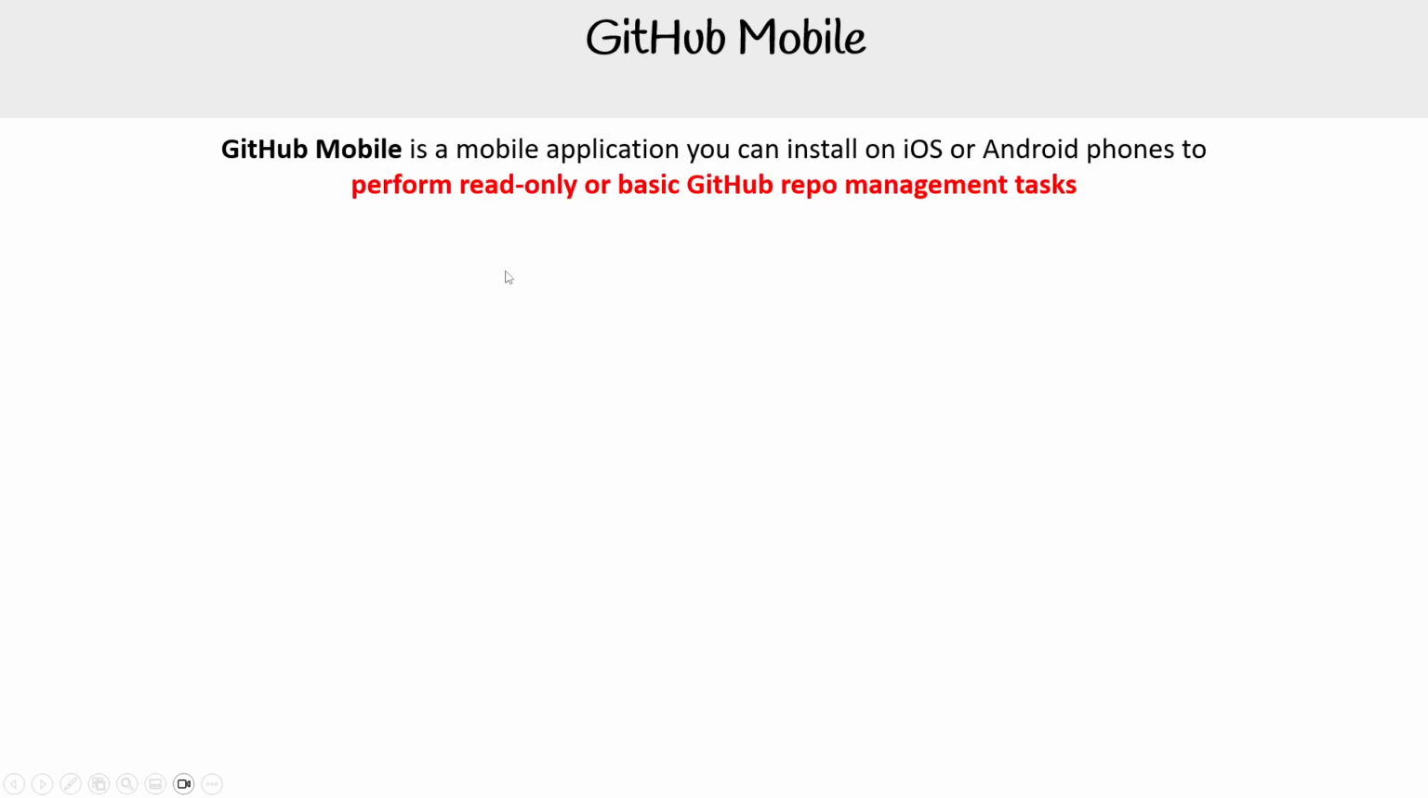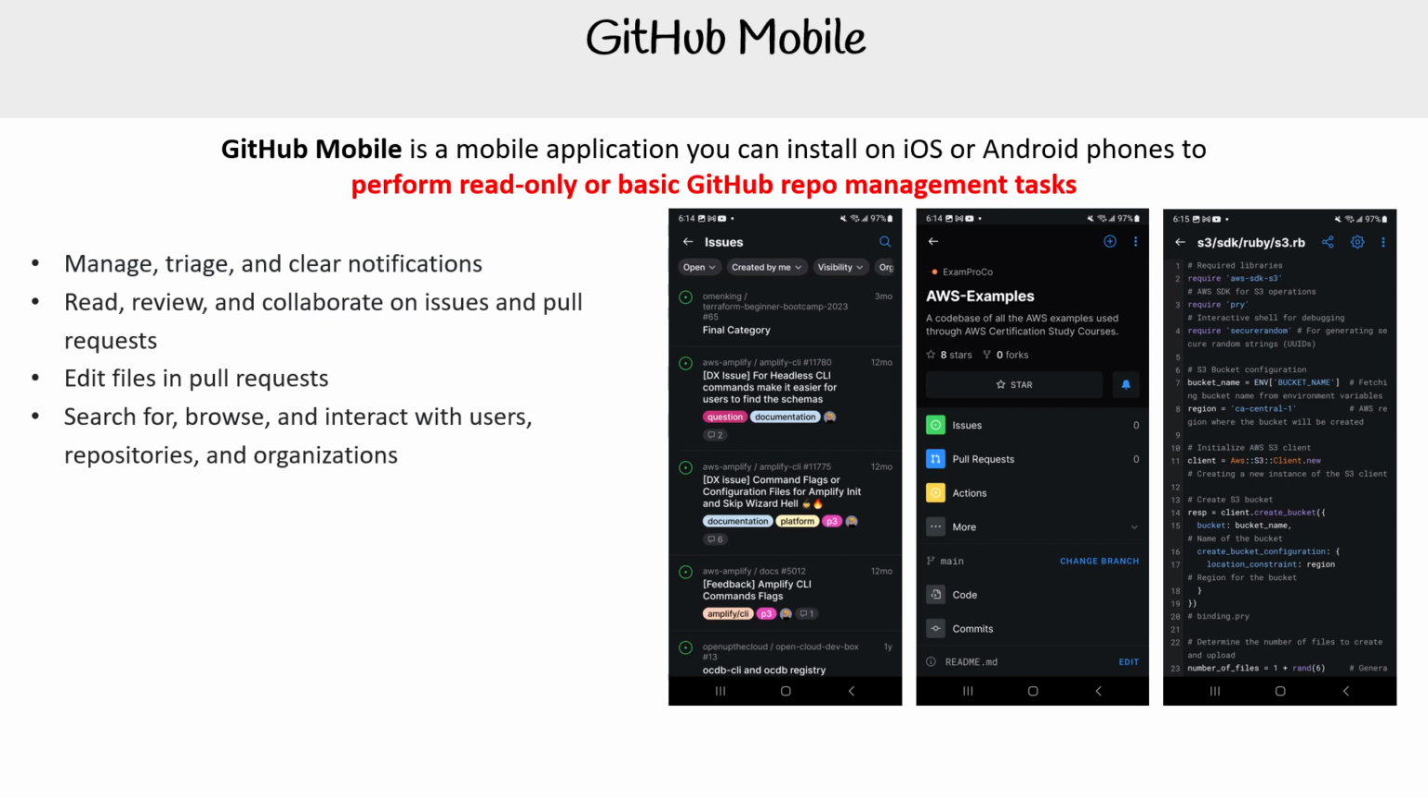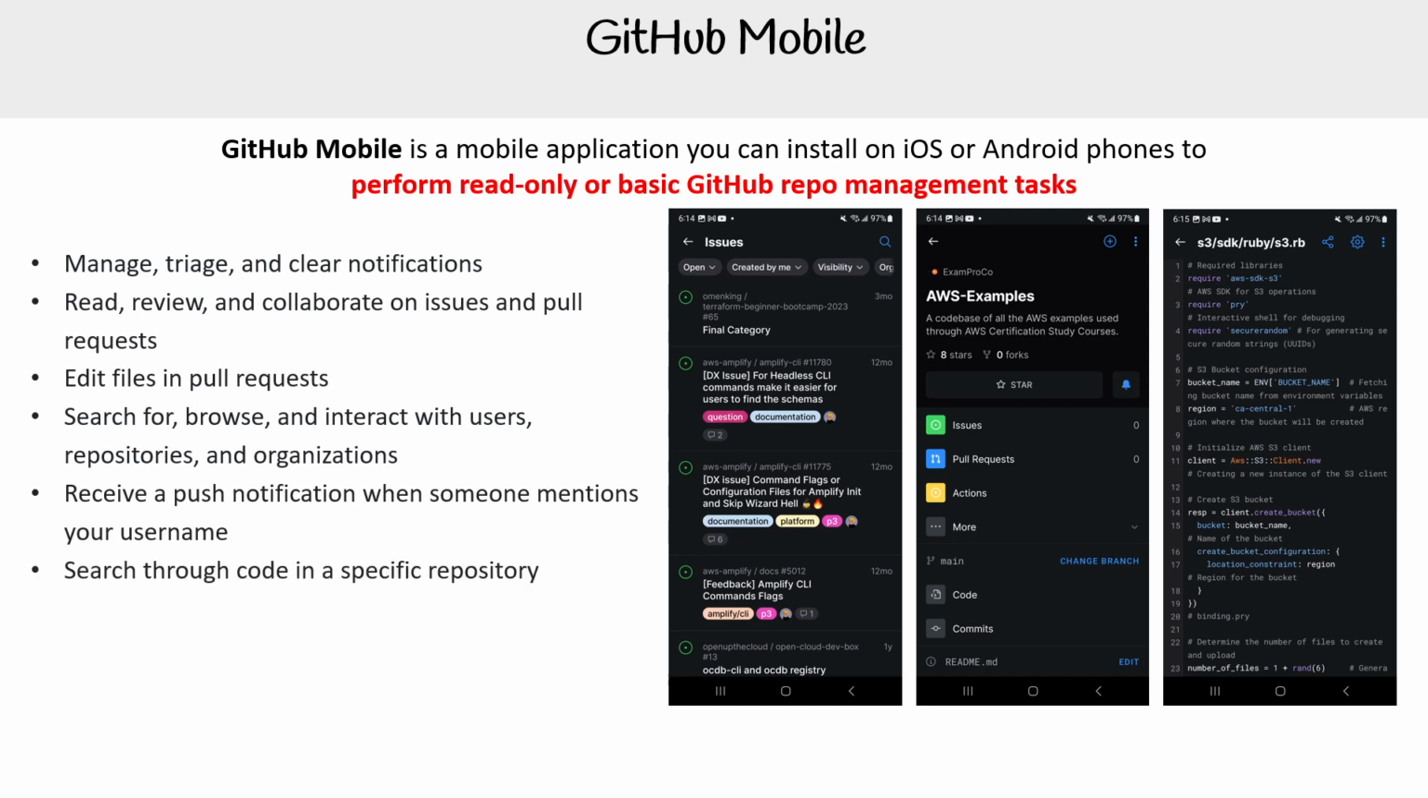GitHub Mobile is a mobile application you can install on iOS or Android phones to perform read-only basic GitHub repo management tasks. It can manage, triage, and clear notifications, read, review, collaborate on issues and pull requests, edit files and pull requests, search for, browse, and interact with user repos and organizations, receive a push notification when someone mentions your username, search through code in a specific repo, secure your github.com account with two-factor authentication, and that is the primary